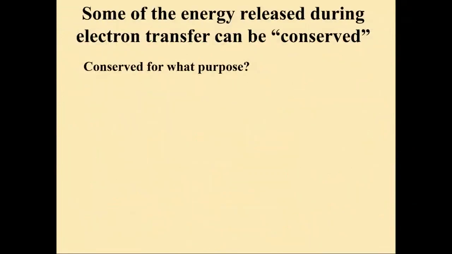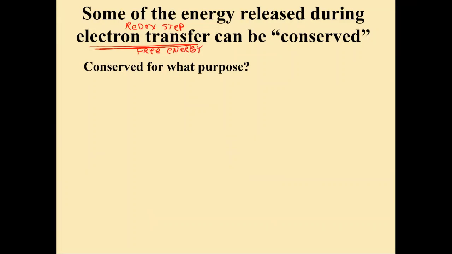All right, so some of the energy released during electron transfer can be conserved. We're talking about the electron transport chain, and we want to conserve some of the energy that's released during electron transfer. Each step of electron transfer is called a redox step, an oxidation reduction step. And the redox step generates free energy. Doing a redox step generates free energy. And remember, free energy,